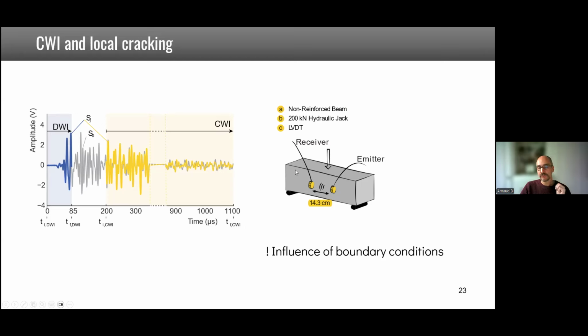But we also assume that when you put a load like this, you can have slipping here on the supports. So if you record waves that travel up to there, you could see the influence of the boundary conditions that changed during the test. That's why we decided to focus more on the early wave than the full wave for our analysis